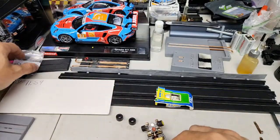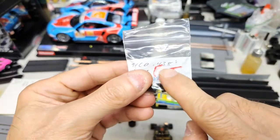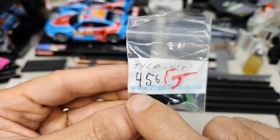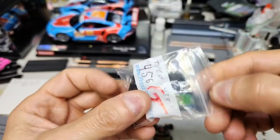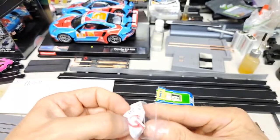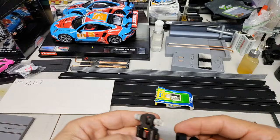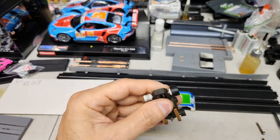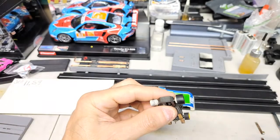Alright, what we're going to have to do here, guys, is super tires. These are Tyco 438s. I don't know if you could see that. I had on a G Plus, it was a 456 on some other, I think the Mega G Plus. But these are G Plus rims, so they're different. I don't know what it comes out to. Steve, set that chassis in regular 3-inch piece of track and let's see how high